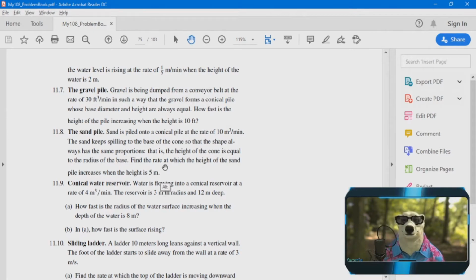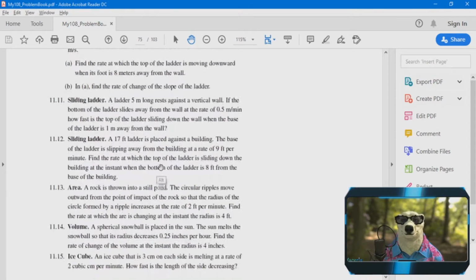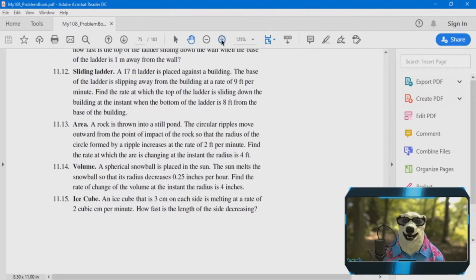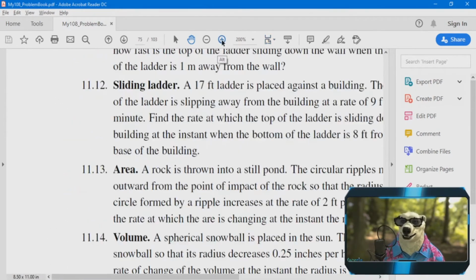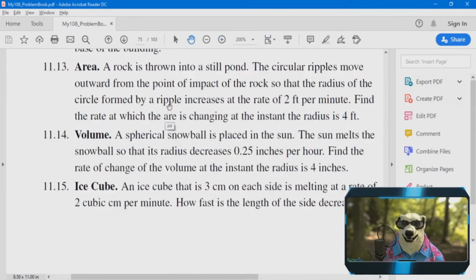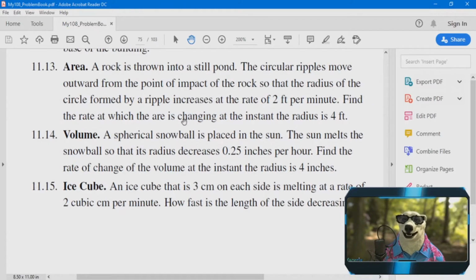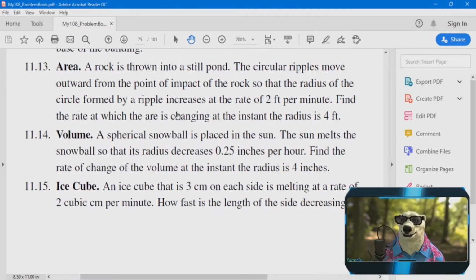The first one I wanted to do was the classic 11.13. Let's zoom in as much as we can here. 11.13. So we'll see how